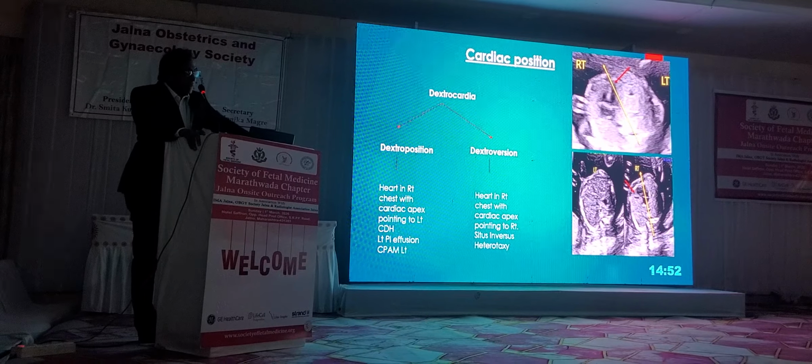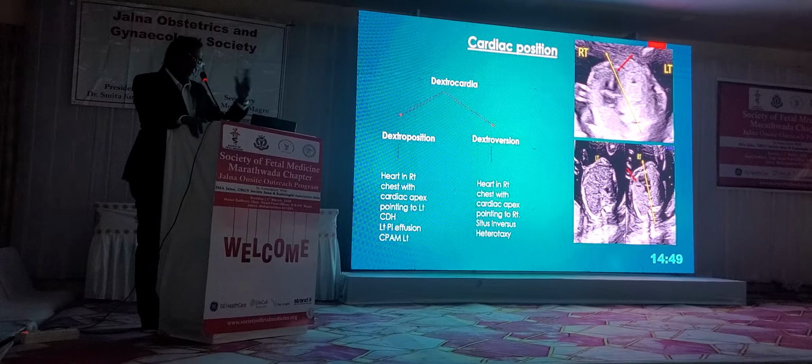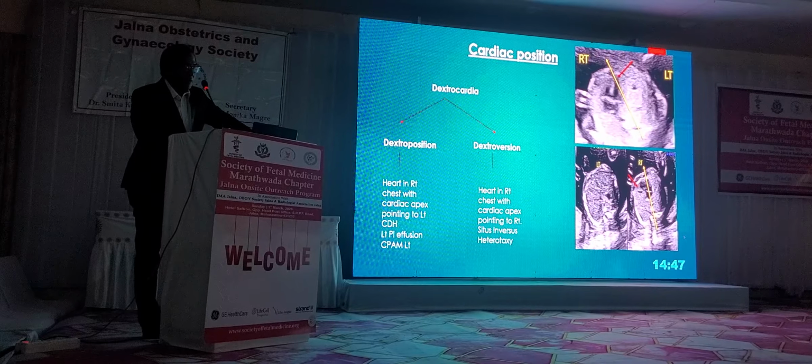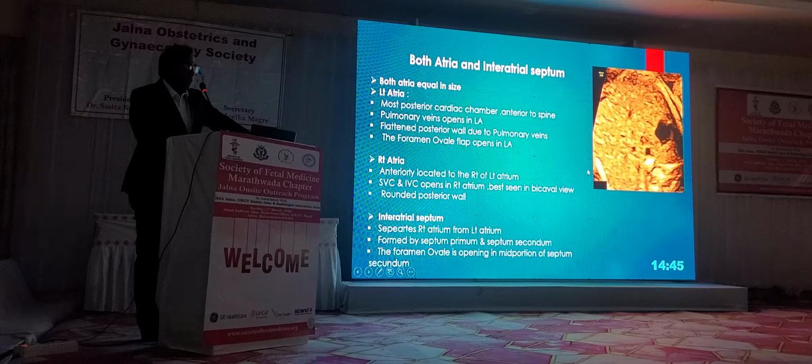Whereas in dextroversion, the heart is in the right, and the cardiac apex is again in the right, and it is seen in situs inversus and Kartagener's. So now coming to